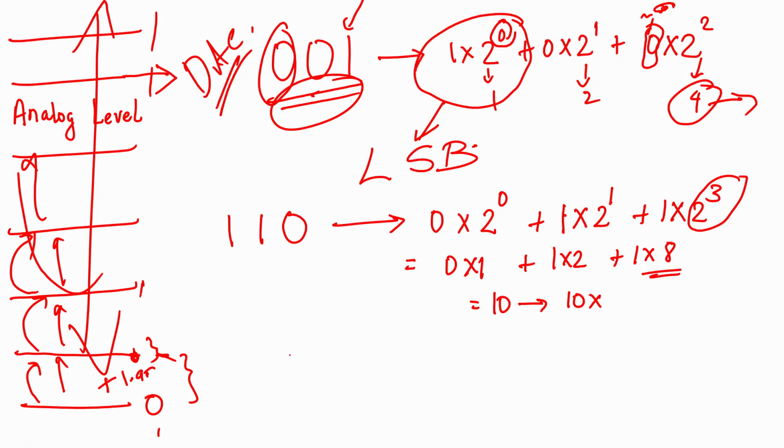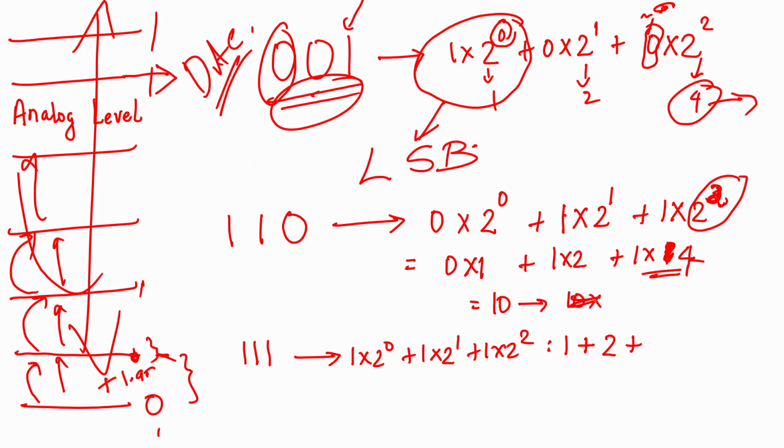Yeah, so what we have to do is, let's take 111. What does 111 correspond to? 111 is 1 into 2 raised to 0 plus 1 into 2 raised to 1 plus 1 into 2 raised to 2, correct? Sorry, this is 2 raised to 2, that's why we made a mistake. This is not 1, right? We have seen, it is 2 raised to 2. When I was writing down I made a mistake. So this is 4, correct?